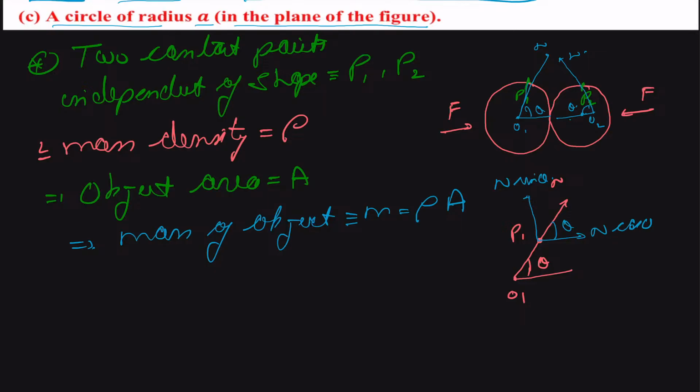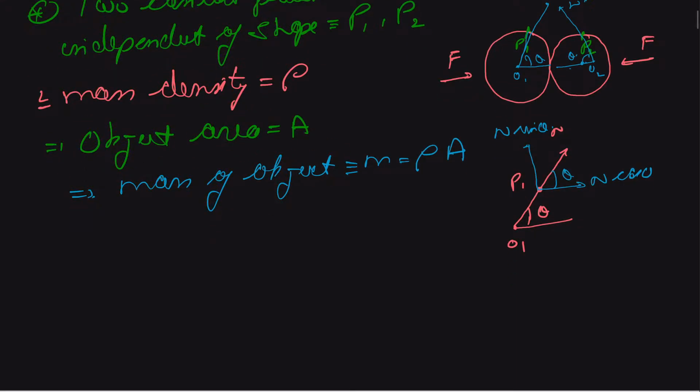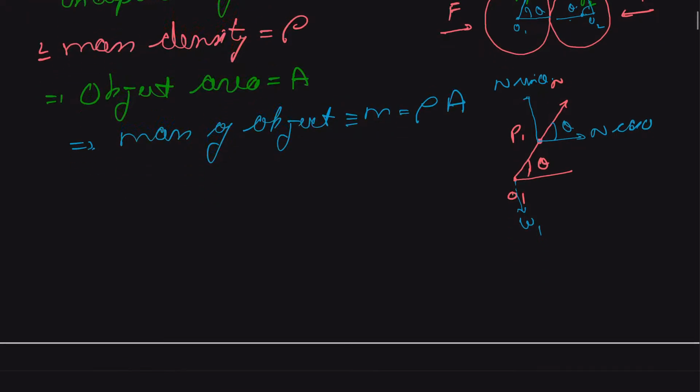And this will be true for both sides, P1 as well as P2. And in the downward direction, we are going to have its weight, that is called W1, and that will be true for the second part also, that is W2. So we can write that for vertical equilibrium,